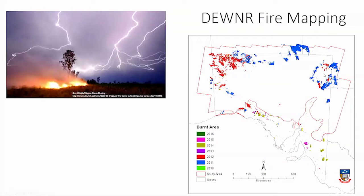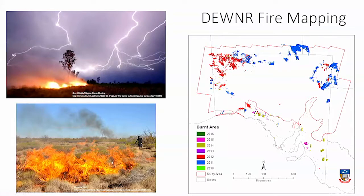Now, some of these fires in the north of the state, probably the majority of them, are from lightning strikes, and some will be anthropogenic burning, particularly up here in the AYP lands. So Doudna were looking for a method of automating mapping fires in these regions in particular, because as you can imagine, it's very difficult to get up there and map them on the ground. From the map here, you'll see that